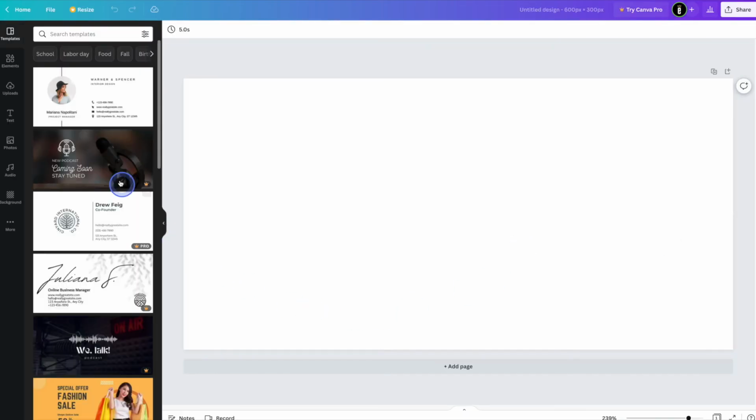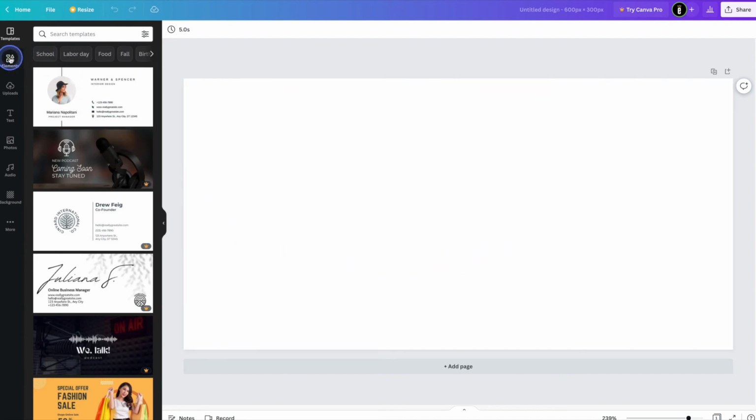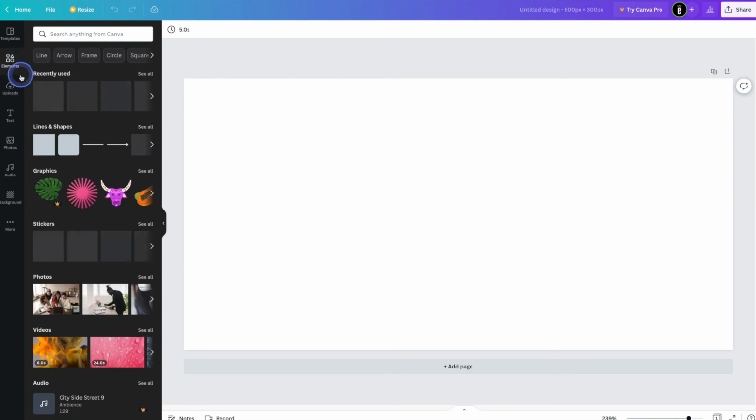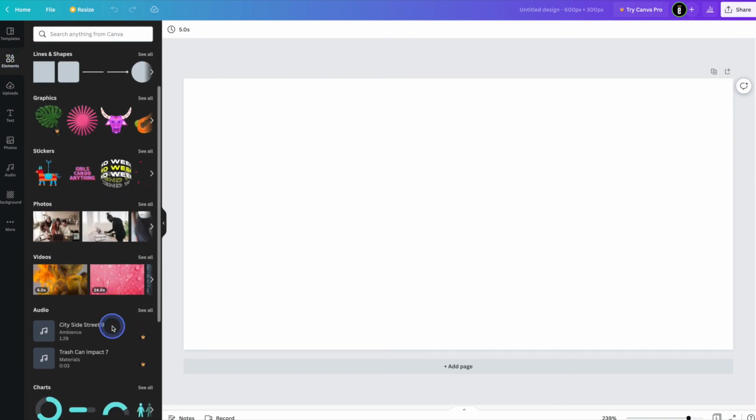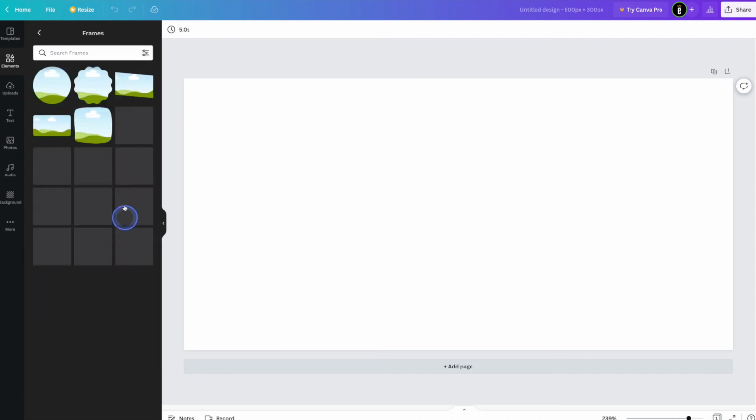While there are templates that you can use on the left-hand side, I'm just making a generic image, so I don't actually need a template in this case. What I would like to do is create an image that has a laptop on it with the eStoreKings website on the laptop. So I'm going to head on over to Elements on the left-hand side, and then scroll down to the different frames here. If we click on See All,